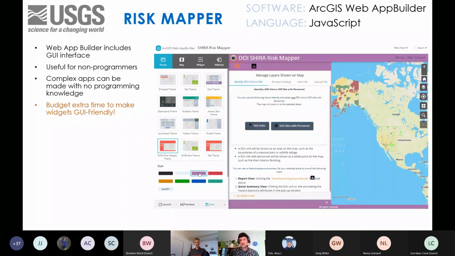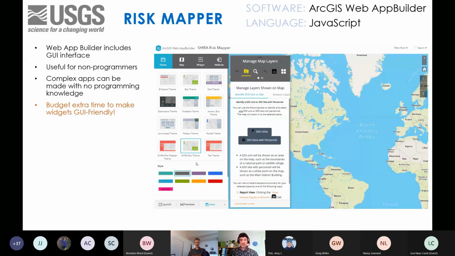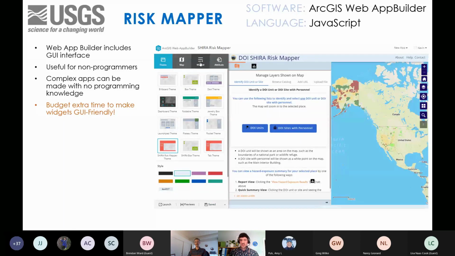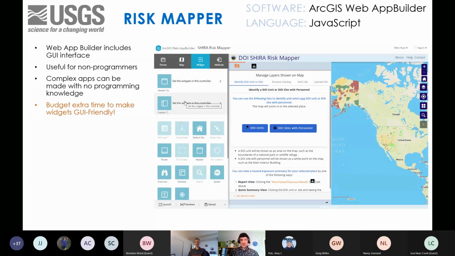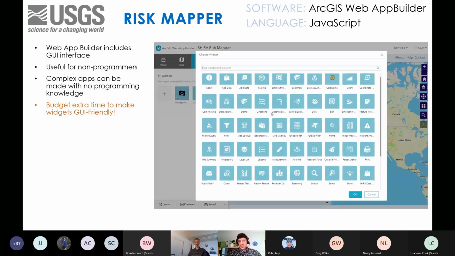Yeah, so I have a little video of myself going through and demonstrating the non-programming side, the nice GUI interface of modifying and creating your own web app. This is the config panel for my own app I just demonstrated. It has all different functions, from cosmetic colors and themes, and you can actually add in another widget from Esri's big suite.